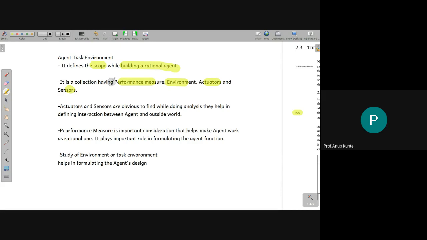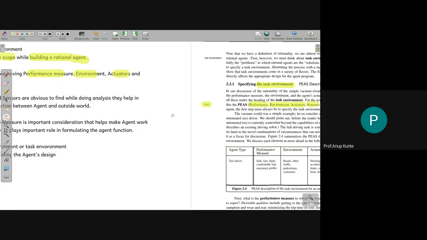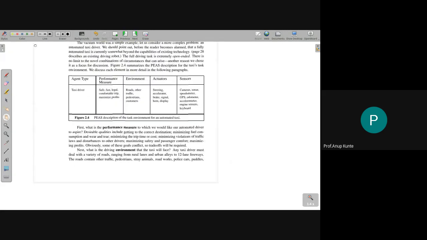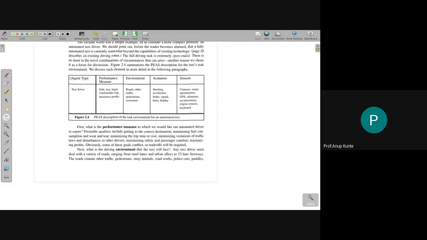So we are trying to maximize the expected value of the performance measure for the agent. Okay, so that's how this agent abstraction looks and how it works. One example that we saw yesterday was PEAS descriptors, shorthand for performance measure, environment, actuators, and sensors. Those we saw for an automated taxi driver.